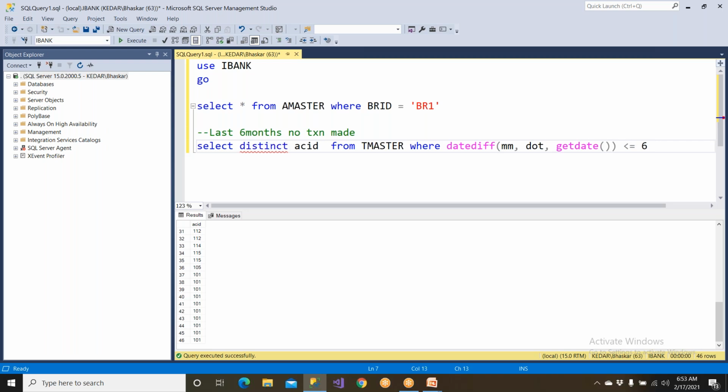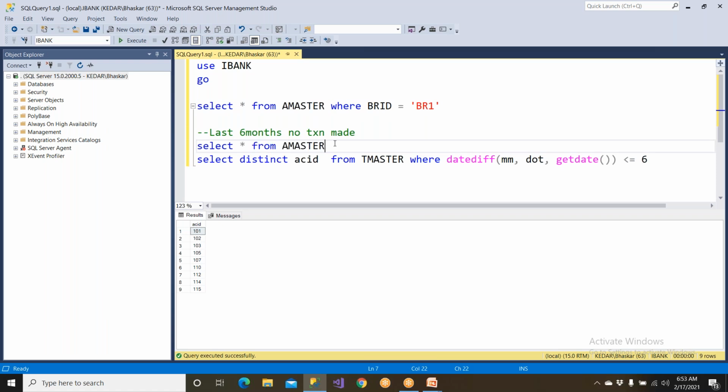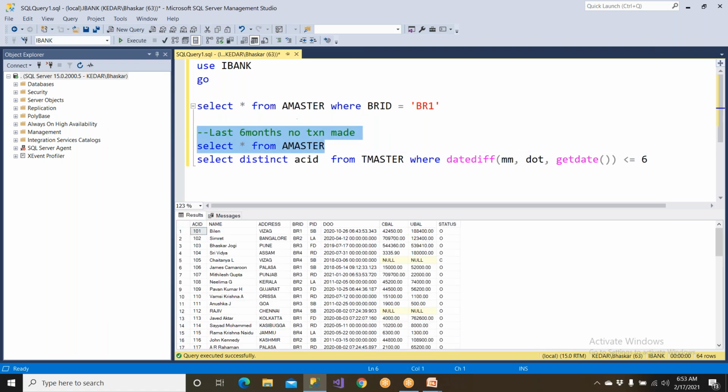Clear? So these are the people who have done the transactions in the last 6 months. But if you take your data, the remaining people did not do any at all. So these are the guys for whom we have complete data. So what we do, we write where account ID